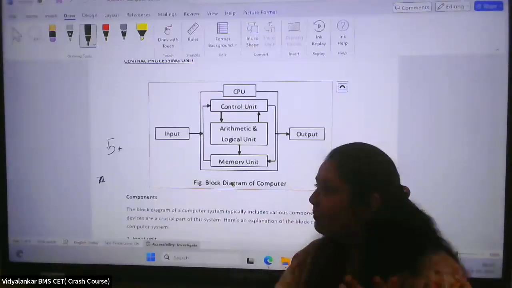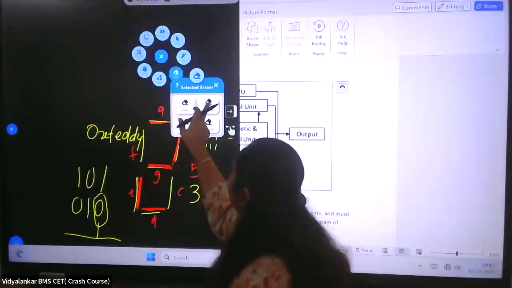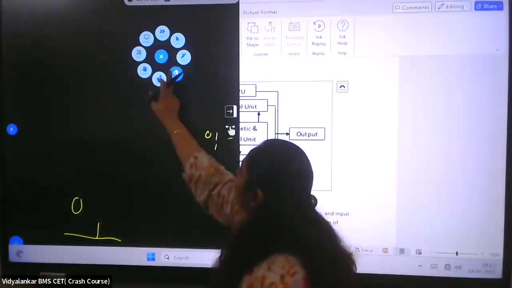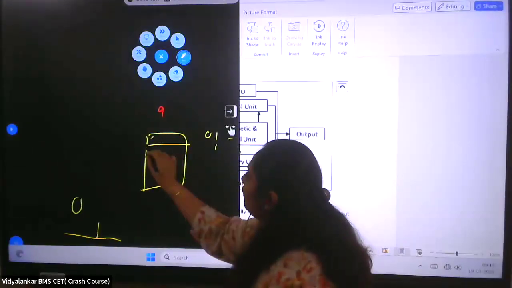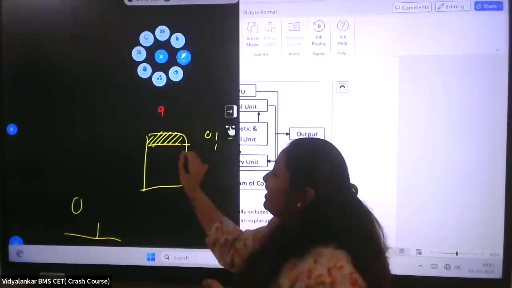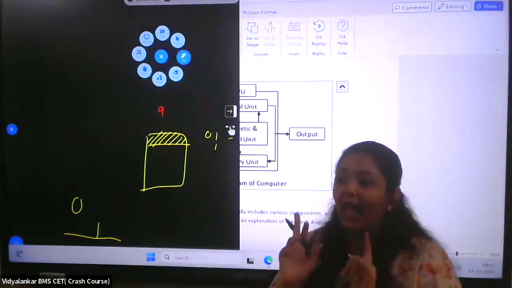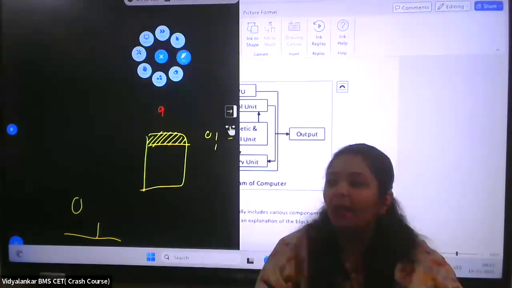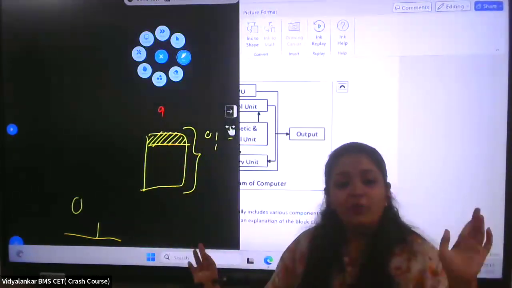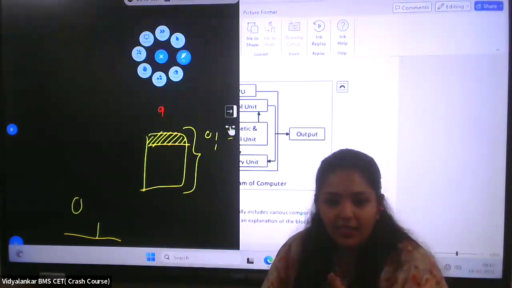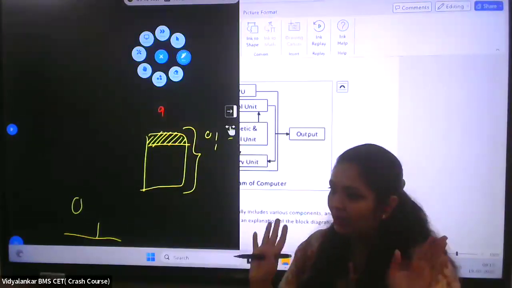So let me tell you just with a diagram. Suppose this is your hard disk. So some sort of memory locations are just designed to behave as if they are RAM. And they are activated only when your actual RAM goes full. Otherwise, as a whole, the hard disk will just work as storage. But when your actual RAM becomes full, the remaining processes need memory somewhere to run, because without memory nothing will run. Keep that thing in mind.